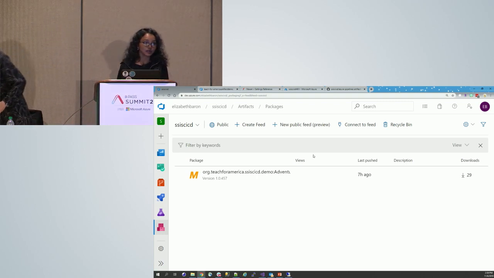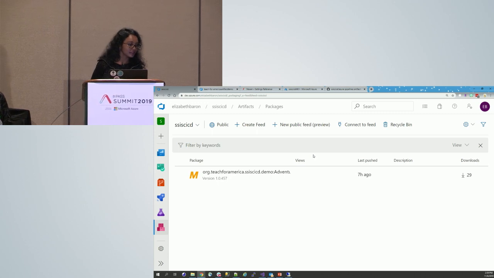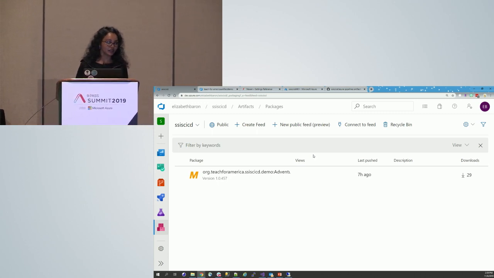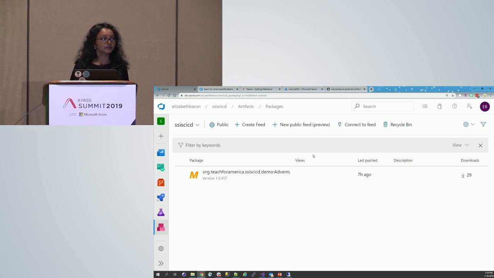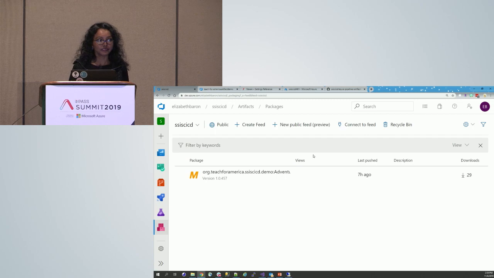Okay, so going back to what we talked about, the miracle of DevOps, I mentioned we have embraced artifact management. If you are familiar with other software development languages, they package their code and save it in Maven repositories, NPM, NuGet repositories.